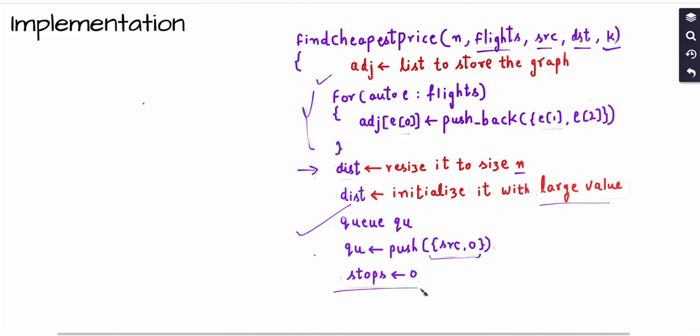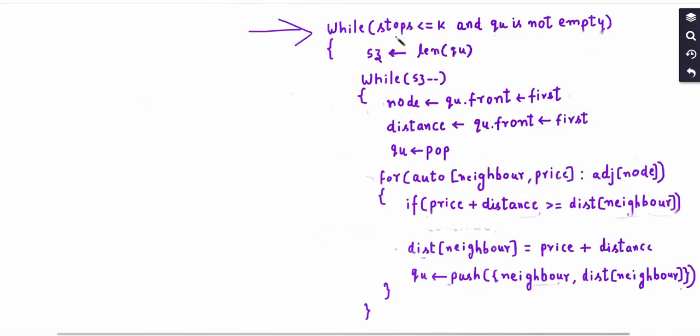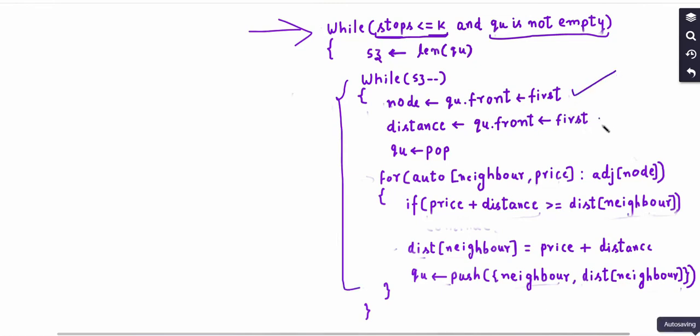I declare a stops variable and initialize it with 0. Then I run my BFS search while the stops are less than equals to k. So I'm putting an upper bound here. That means I'm not allowed to visit stops more than k, and the queue is not empty. Till the queue is not empty, I run this while loop. I calculate the size of the queue. And for all the nodes which are pushed inside the queue, I pop the front node, its distance from the